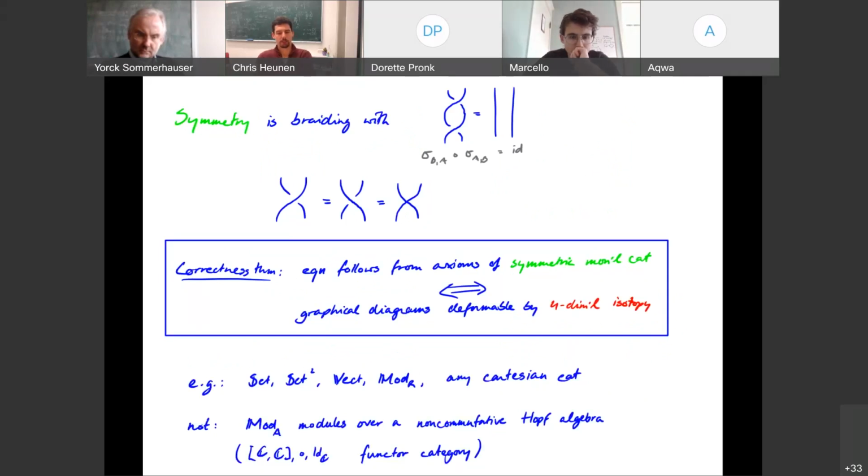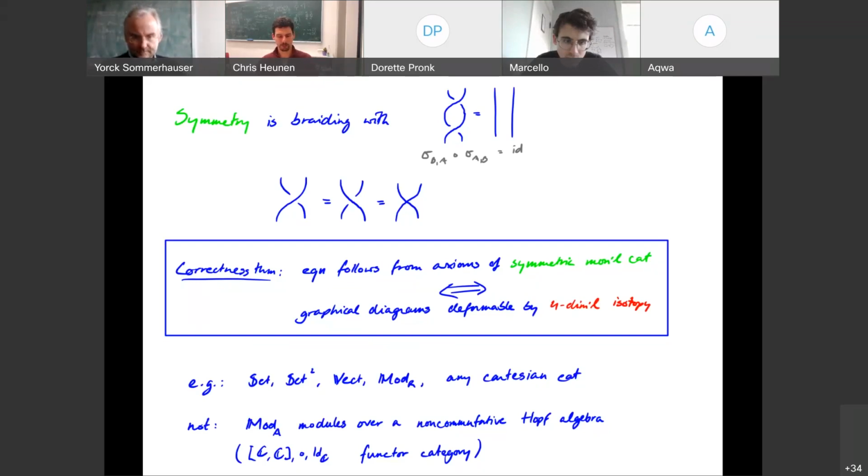But what's more interesting, for people that have heard about these things, is if you start with a bialgebra over a field, for example a Hopf algebra, it could be a non-commutative one, I can look at modules over it. That's going to be a monoidal category. It's going to be braided, but it's not going to be symmetric in general. Another example of something that's not even braided. No, it's not braided in general. Chris: Sorry, yes, it's not braided in general, only if it's quasi-triangular.